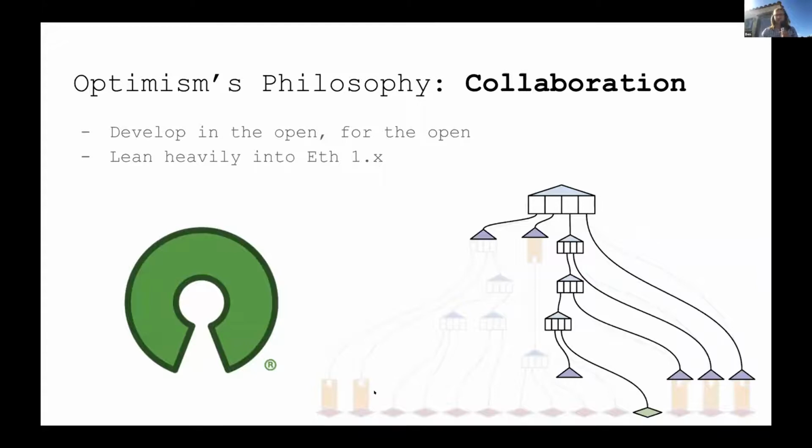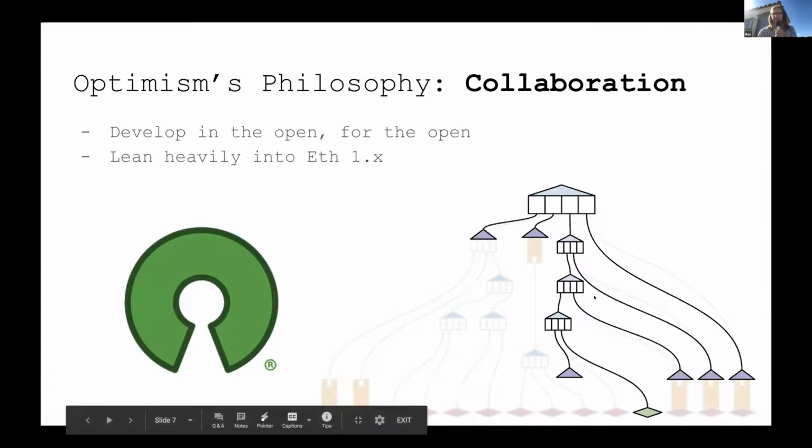Another big point of our philosophy is developing out in the open and being collaborative. So everything that we do, as we do it, is on our GitHub for you to investigate and dive in and explore and learn about. And the other thing that we're really excited about on this collaborative open source front, and also something that comes out of the result of having this small diff, we're very, very excited to have a very symbiotic relationship with Ethereum, and especially Ethereum 1.x, new Ethereum development.